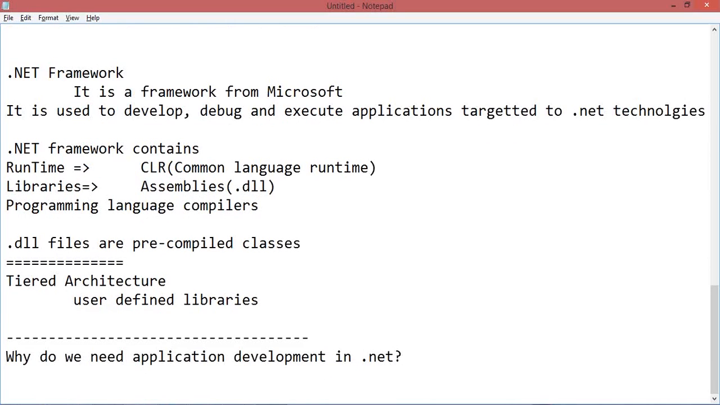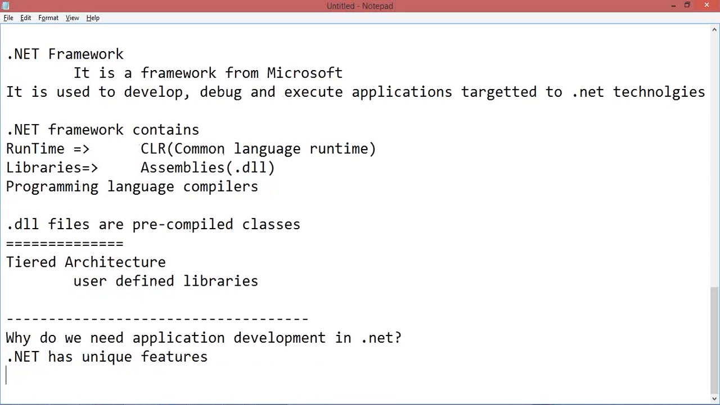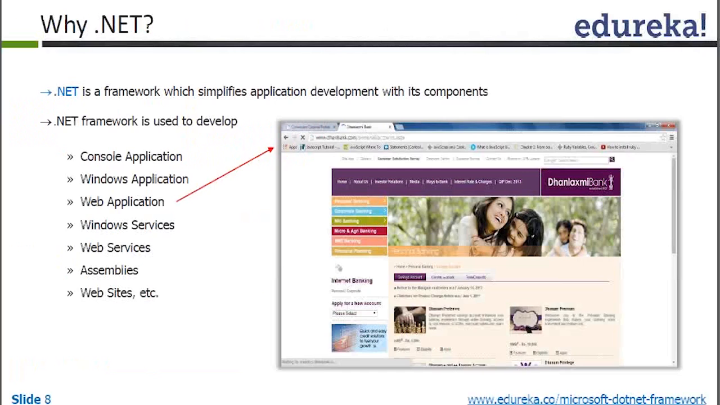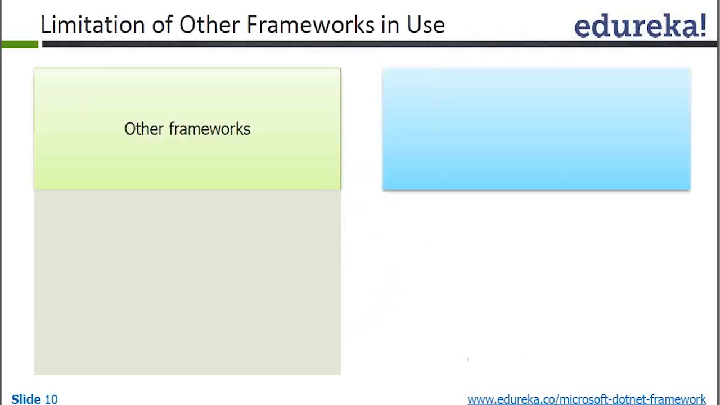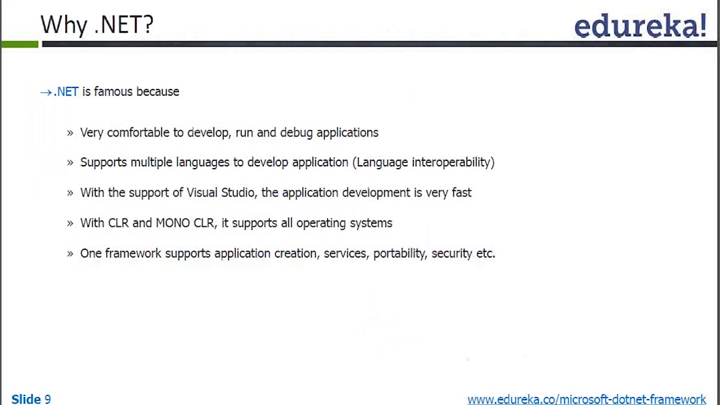So the first answer is, .NET has unique features. The word itself indicates .NET has unique features. When you're talking about unique features, these features are not available in other programming languages. So what are those unique features? We'll see them one by one. So first one,